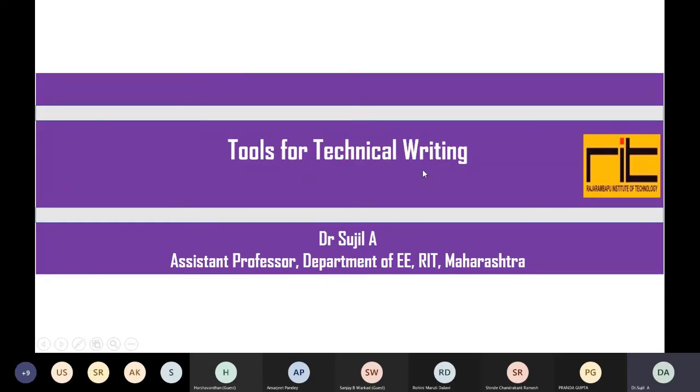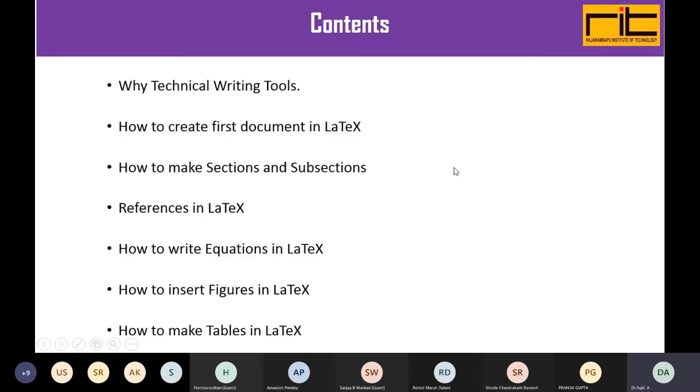Today I am going to talk about tools for technical writing. In my presentation, I am going to cover the following points: why technical writing tools, how to create a first document